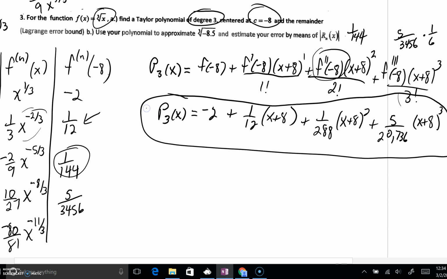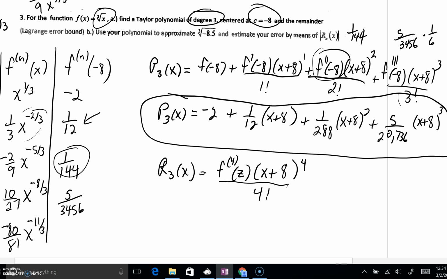Well, you should also talk about your error, your R3. Well, what is that exactly? That's your fourth derivative evaluated at z. And then you'd have x plus 8